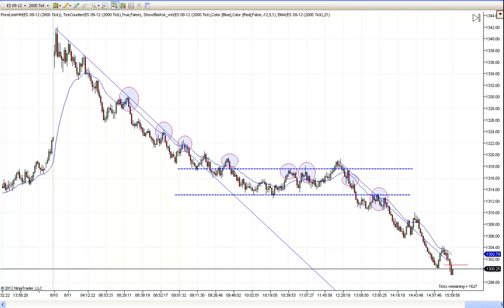This will serve as our chart lesson today, and we had a nice downtrend. You can see we had this trend line here. We finally got a little break with a move to a new low. Then we had this correction. It's really just a trading range. It lasted from, say, 10 o'clock to a little after noon, and then the second leg started to the